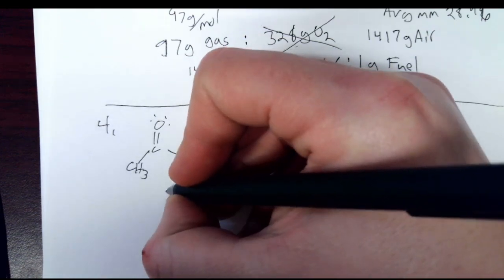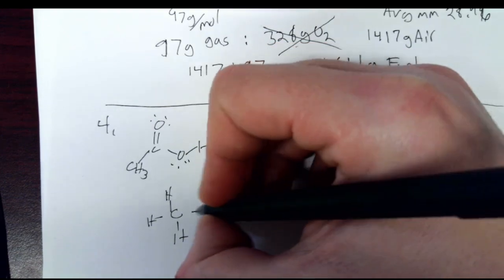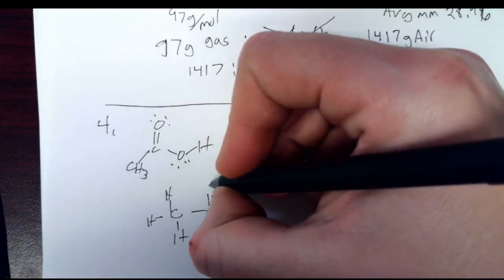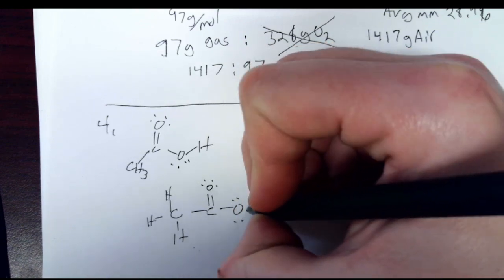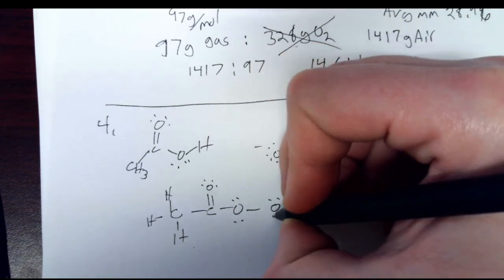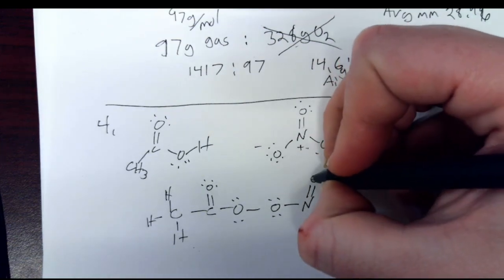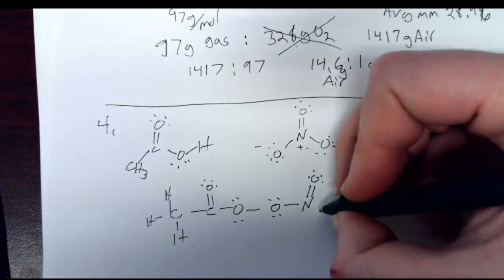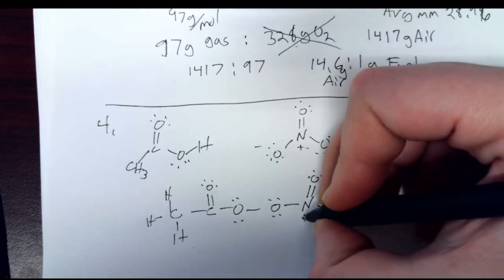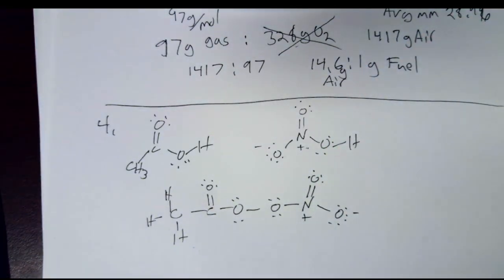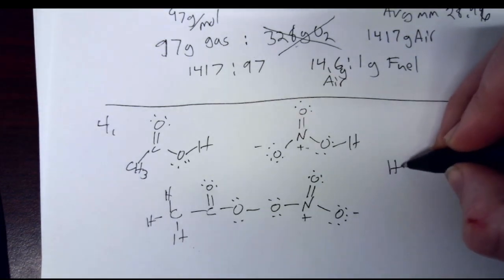So with that in mind, drawing these together, the peroxyacetic nitrate is going to look something like this. CH3 is part of the acetic, CO, then O, O, N, O, O. So it's combining. Nitric acid is particularly reactive